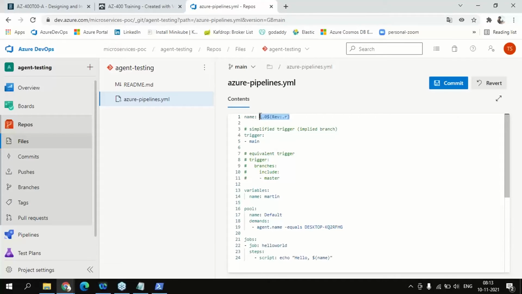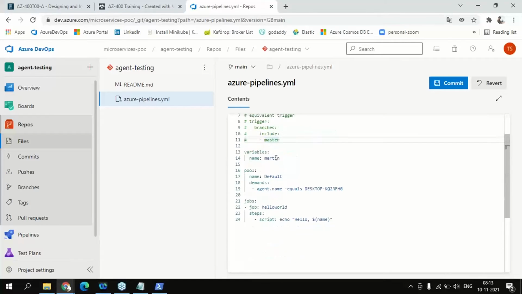We are following the semantic versioning format, and then the trigger will be happening for the main branch, because currently I'm having the main branch. Maybe you can set up some kind of filter also, like whatever branch name starts with feature, so that one has to start the build. Those kinds of filters we can provide in the trigger block. Yes, this is the commented one. And maybe this is the equivalent trigger they are providing. And then the variable block, so if you are doing any customization,